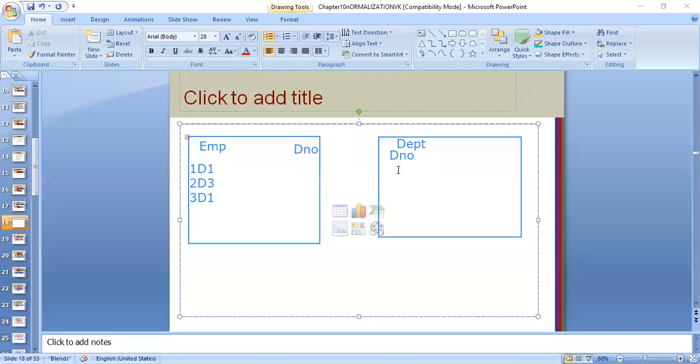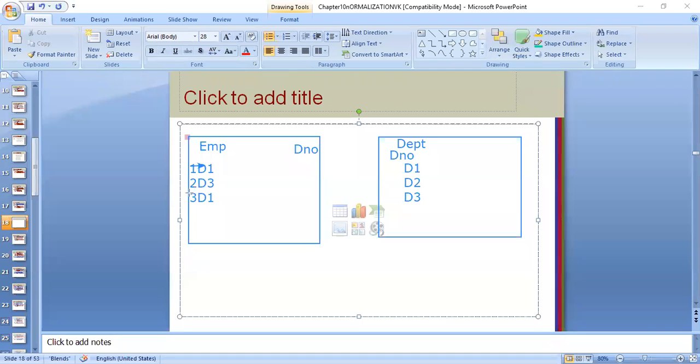I hope you understand. Now here I have department number 1, department number 2, and department number 3. If I want to display all the employees who are working in department number 1, we may display it like this. Who is working in department number 1?